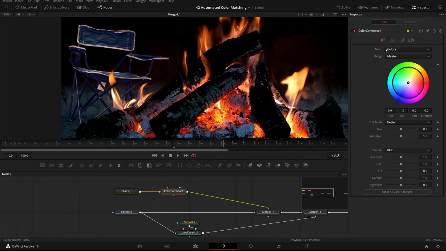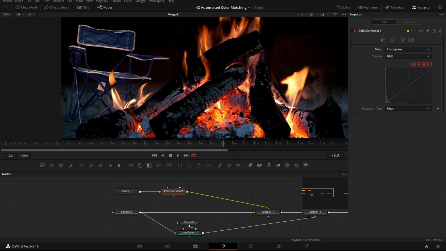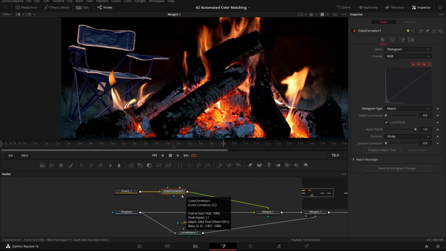And here in the color corrector, I can use the histogram option. And if you use the histogram option, there is an option to do matching. Keeping just shows the histogram, equalize tries to balance things out over the different color ranges, brightness ranges, and match is where you can do foreground, background matching. Now, what does it match to?